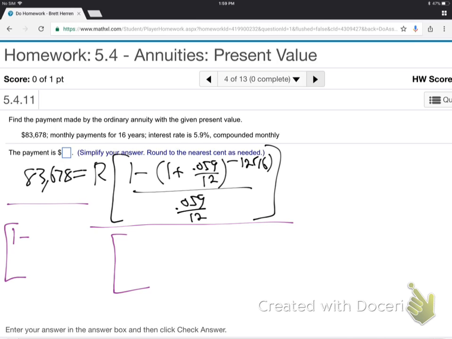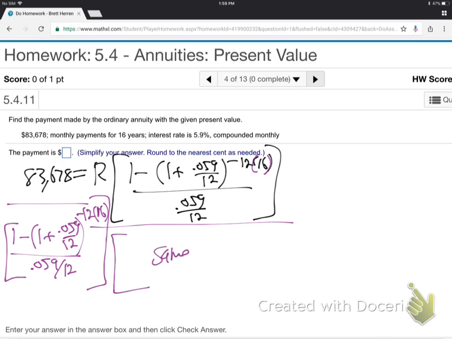So it's going to be 1 minus 1 plus 0.059 over 12 to the minus 12 times 16, over 0.059 over 12. That's right, same big old mess. That's how we solve for R. We just divide both sides by that big old mess. So you got to somehow do all of this